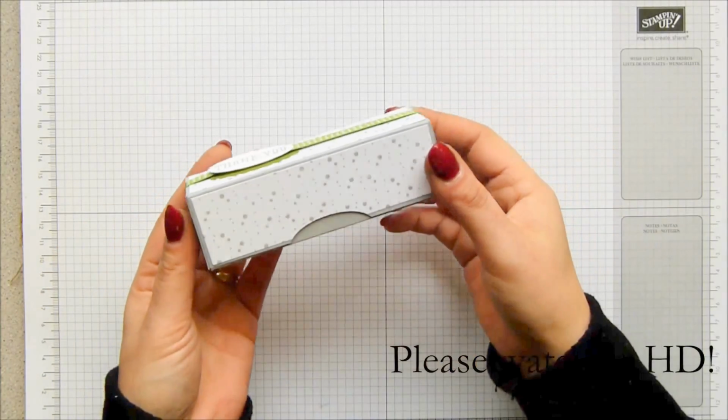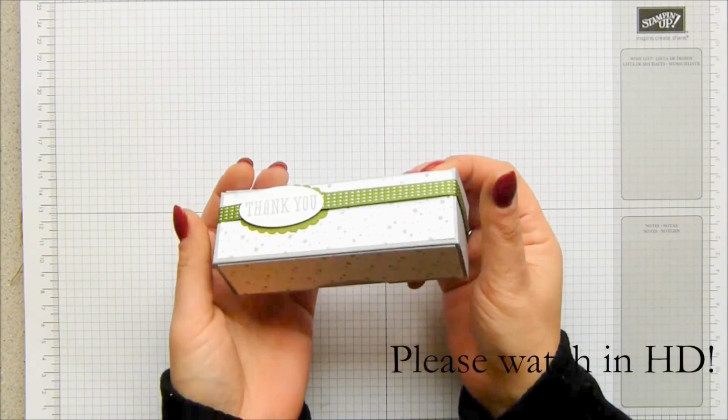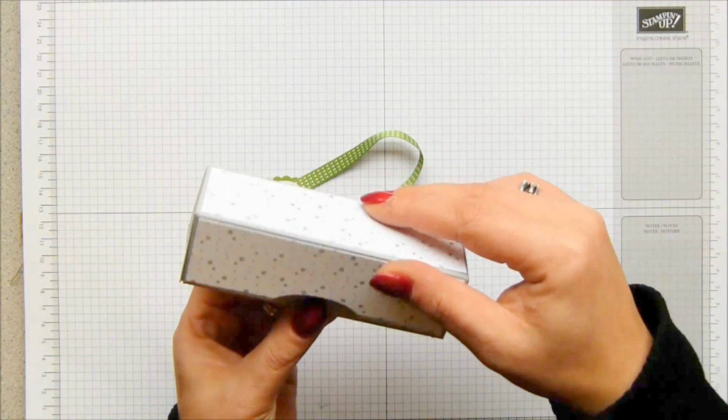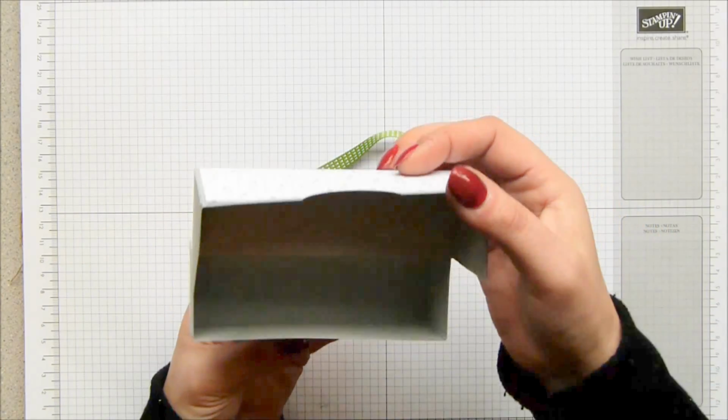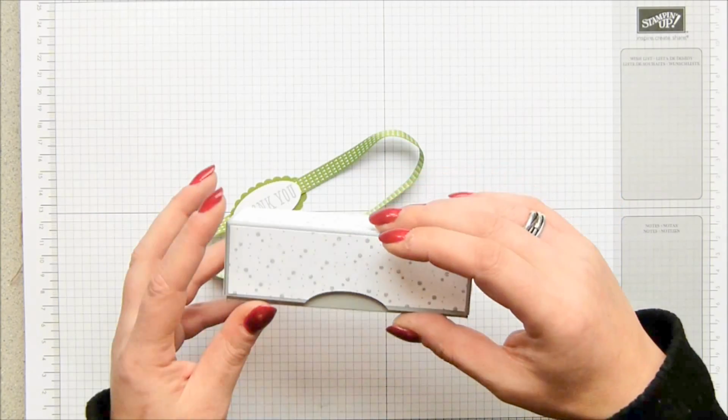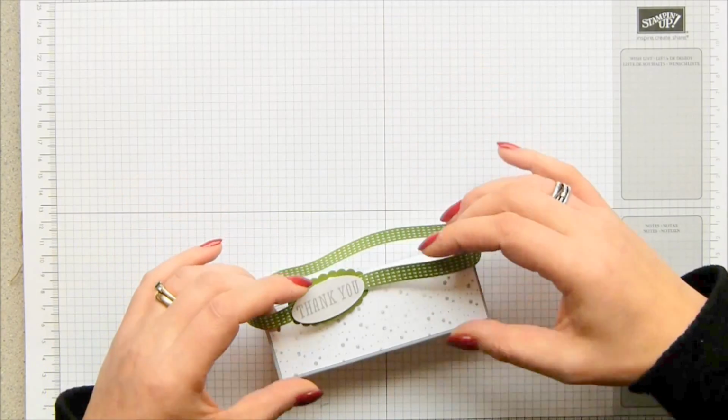Today's project is a nice box, and this was actually a requested box, so it's a particular size, but I've done it in a lovely cardstock, and so that it opens up like this. And it's to hold 3 handmade lip balms, and actually it's a sister to a project that I made the other day, the Pinch Close lip balm